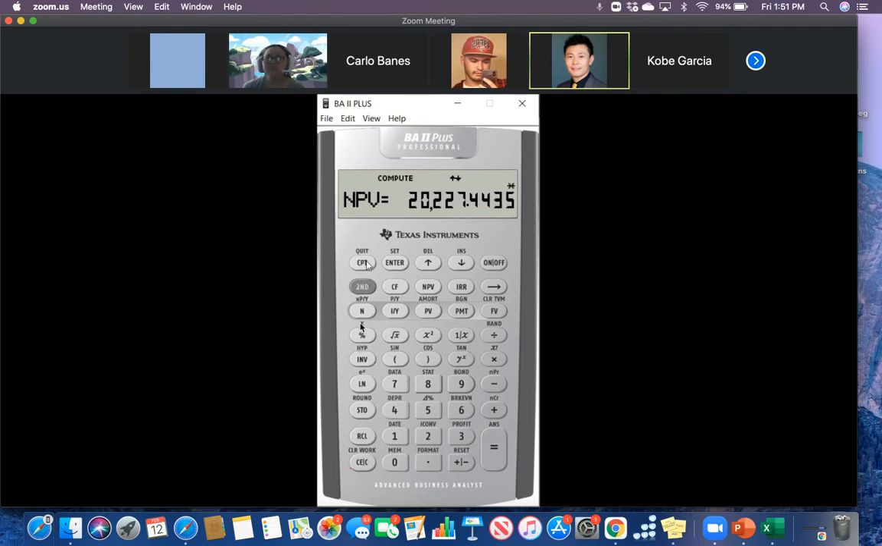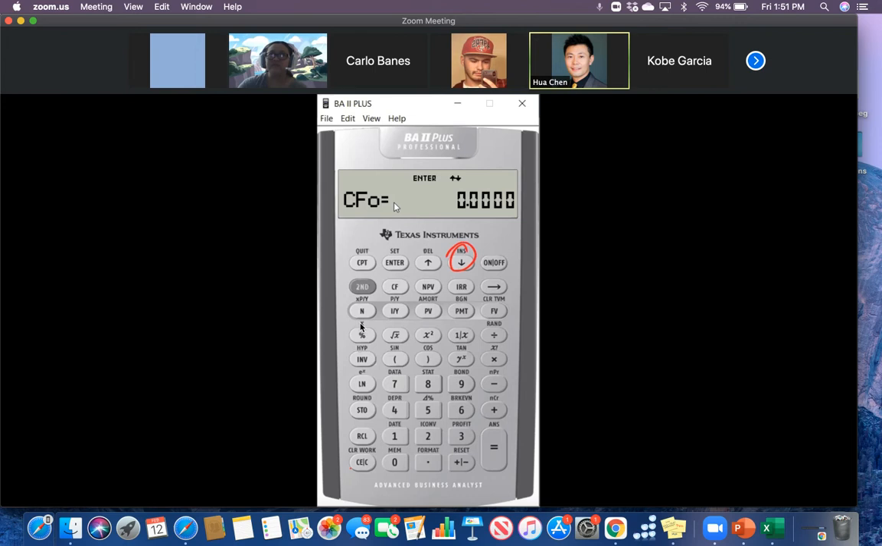It will give you 20,227.4435. Okay, exactly. My calculator is just flipping between CF0 and CF1. It won't let me get to CF2 or 3. You need to press this button. After pressing second, or